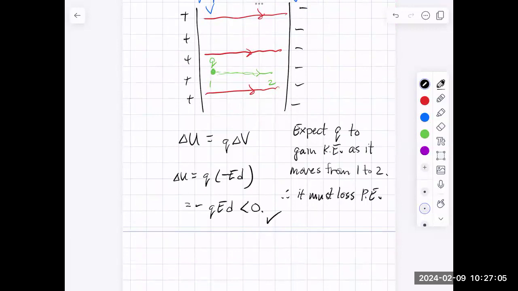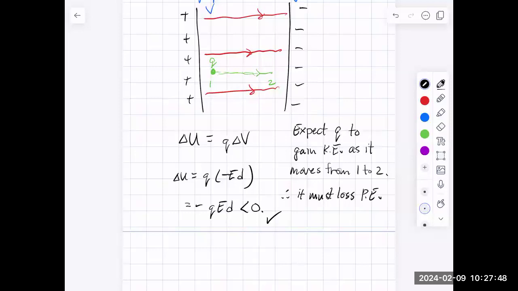And so this is minus QE times d, which is less than 0. And so that works. We could have said, well, what if our charge was negative? Then it would be attracted to the positive plate, repelled by the negative one. And if it had some initial velocity towards the negative plate, for some reason we gave it a kick, it would slow down as it approached that negative plate, and it would lose kinetic energy and gain potential energy. And this same expression, minus QE times d, is still valid. It's just that the charge we put in there would be a negative charge, so that overall this change in potential energy would be positive. Okay,